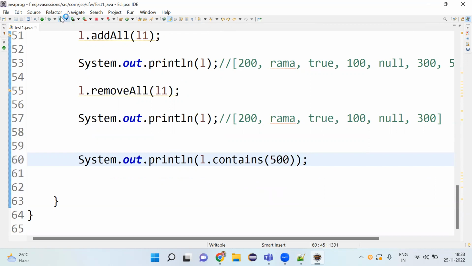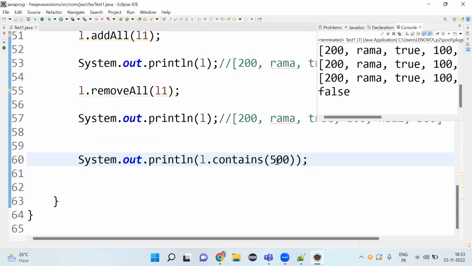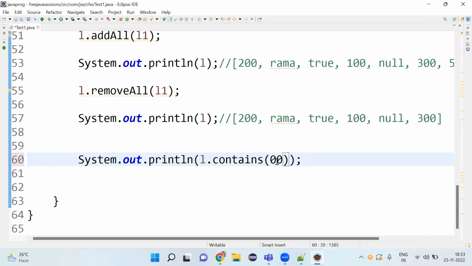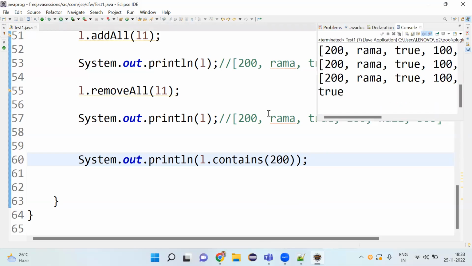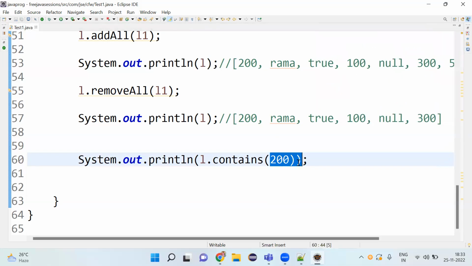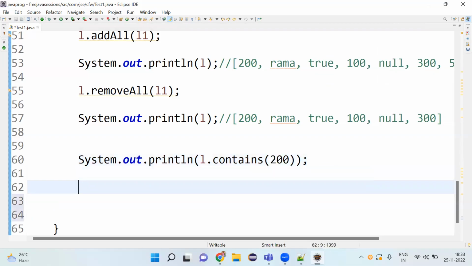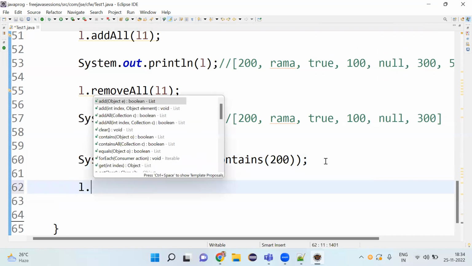So if 500 was not there, the contains method is giving you false. Isn't it right? For example, if I'm passing 200, 200 is there. That is the reason it is giving you true itself. So that means whatever the specified object you are passing, if that is there, it is giving you true. If that is not there, it is giving you false. Based on the Boolean value, we can understand whether this object is available or not available. In that way, it is helping. Just to check whether this object is available in the collection or not, we are going to use the contains method. And any other methods are still